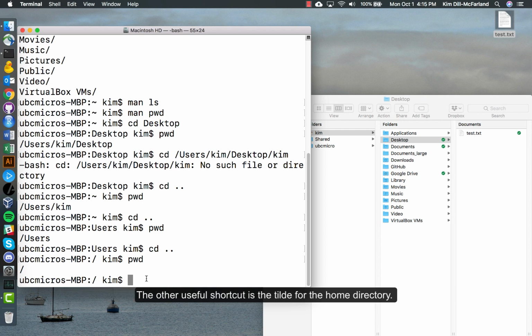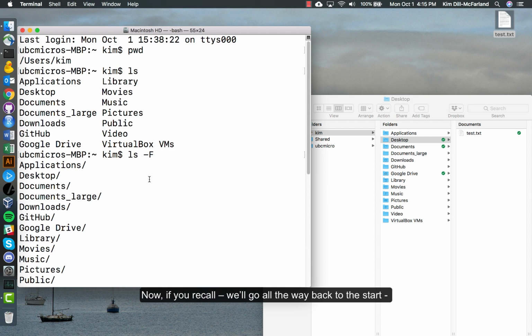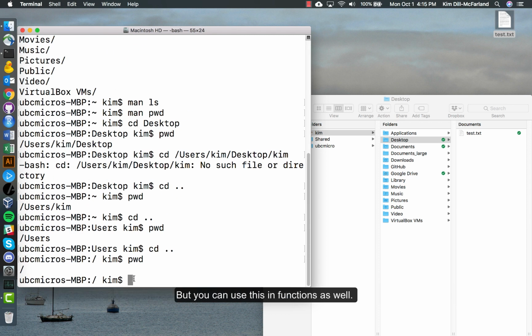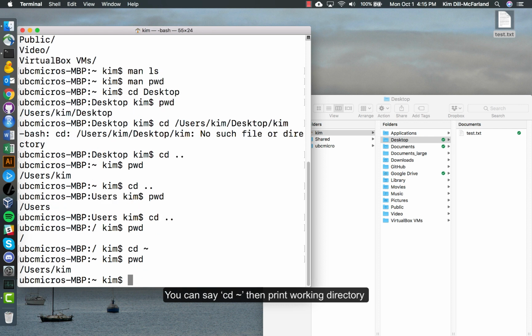The other useful shortcut is the tilde for the home directory. Now if you recall, go all the way back to the start. When we first opened our terminal and we were in the home directory, it told us that we were in home with the tilde. So this location tells you where you are, and currently it's a tilde, meaning you are in the home directory. But you can use this in functions as well. You can say cd tilde,